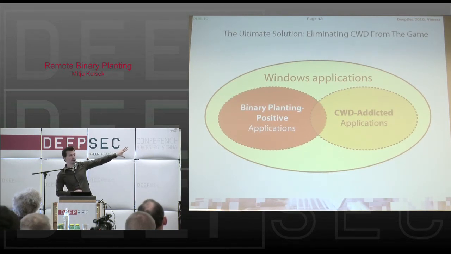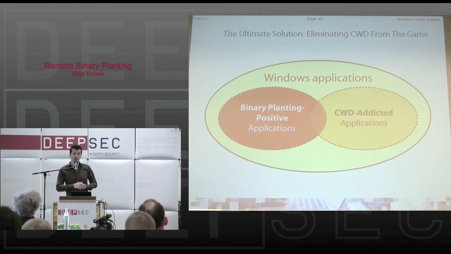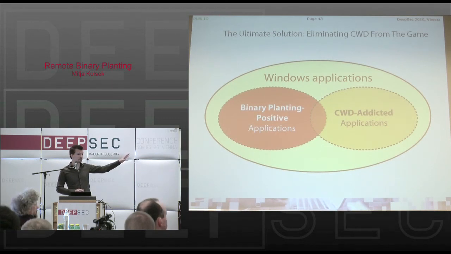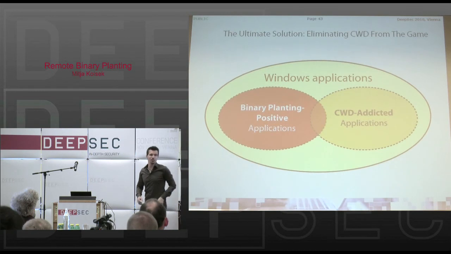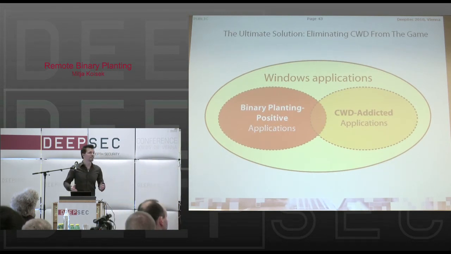But you also have some applications that are in both these sets. You have applications which are vulnerable and at the same time will break if you disallow, for the entire application, loading of libraries from the current working directory. Does this answer your question? Excellent. We have no idea about the sizes. We just know that this set has at least 200 members. That's all we know. And the other one has at least 5.